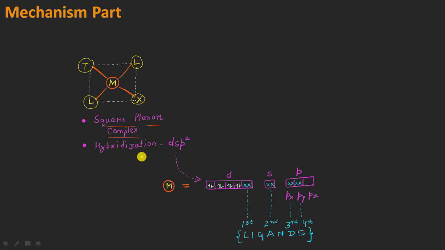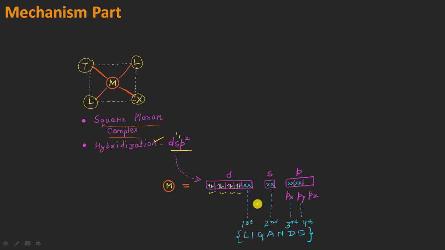And now because it is a type of a square planar complex, so obviously the hybridization here will be what? It will be the dsp2, right? So if the central metal ion is having an electronic configuration in which these are the filled metal d electrons, so because the hybridization is dsp2, this means what? That one d orbital, one s orbital and two p orbitals are being involved in this hybridization, which I have